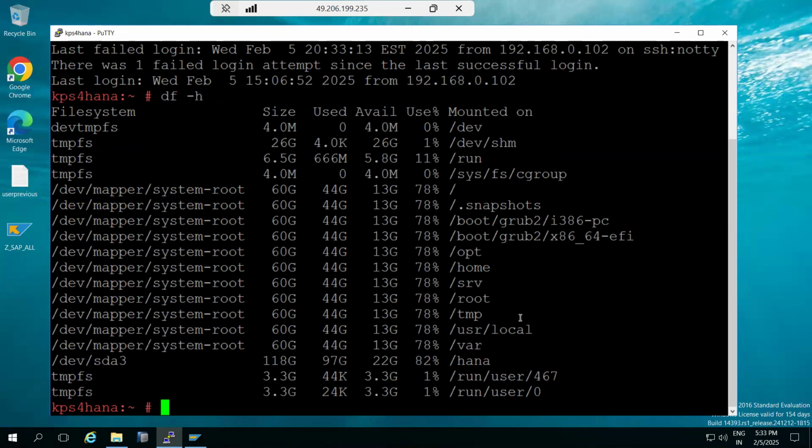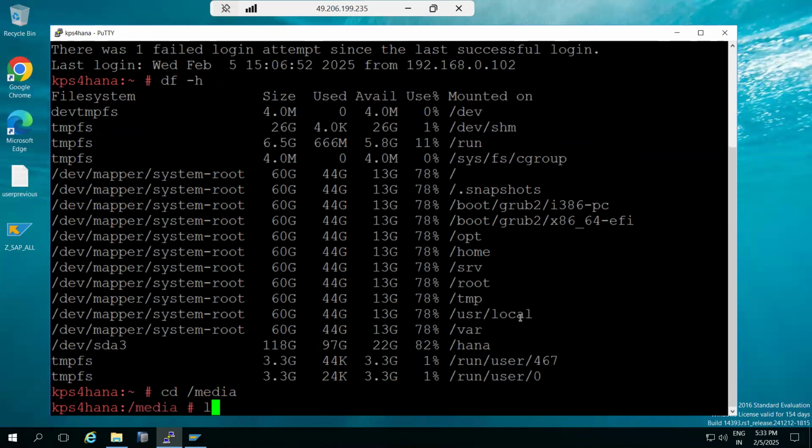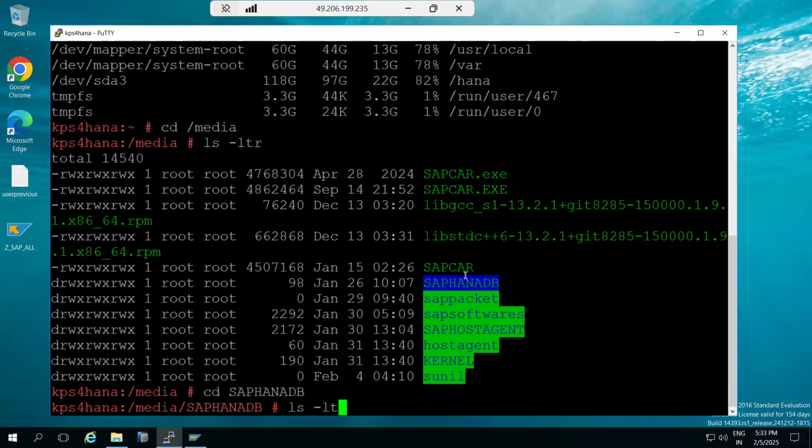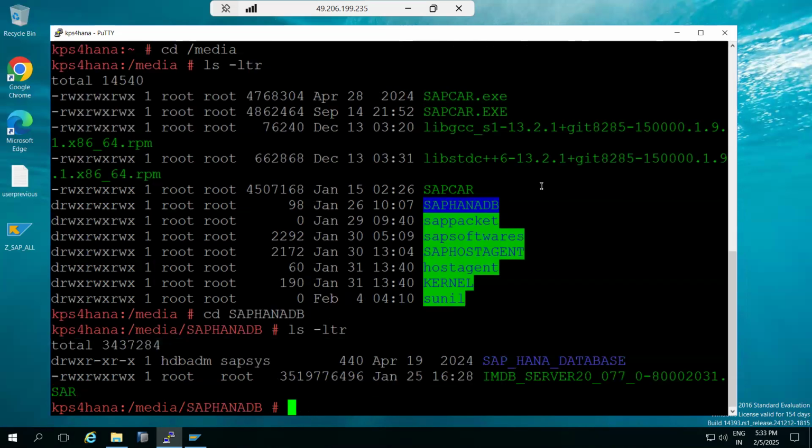Here all the software is located in the cd /media location. In /media, the SAP HANA DB software is available. So the main important thing to perform the HANA installation, as I mentioned here,